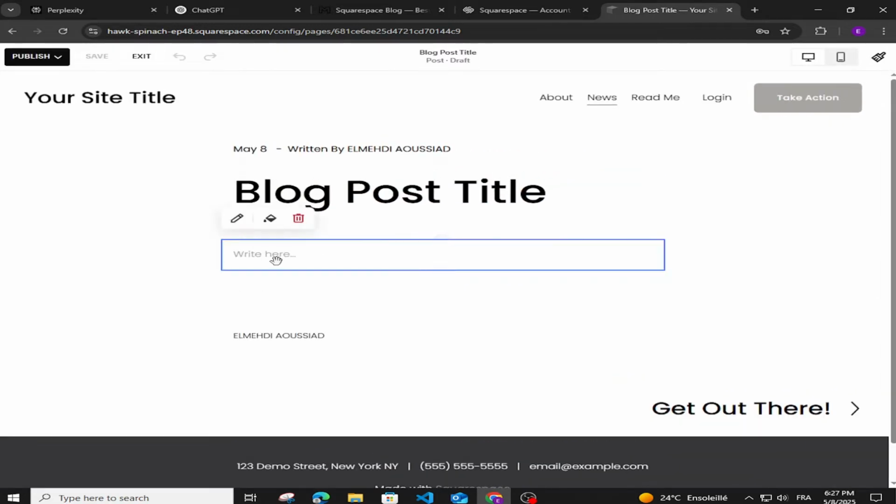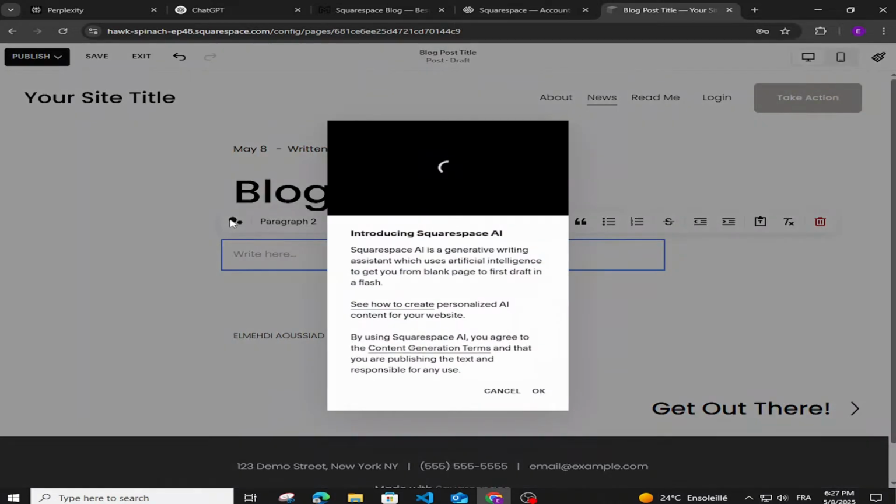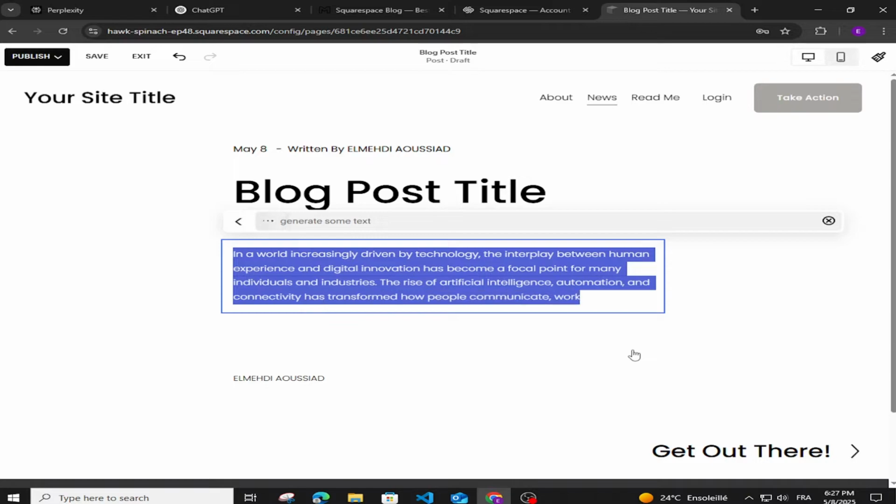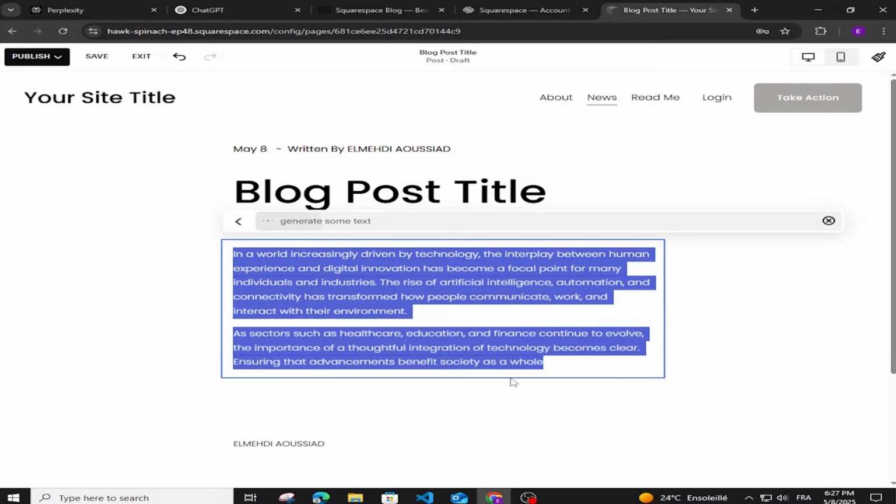So now I have a blog post with blog post image, and I can just click the blog post, click edit, and then here goes all my content. This is where you can add your blog post content. If I click, for example, here the AI, I will just try to generate some content, some text. As you can see here, where it goes all your text,